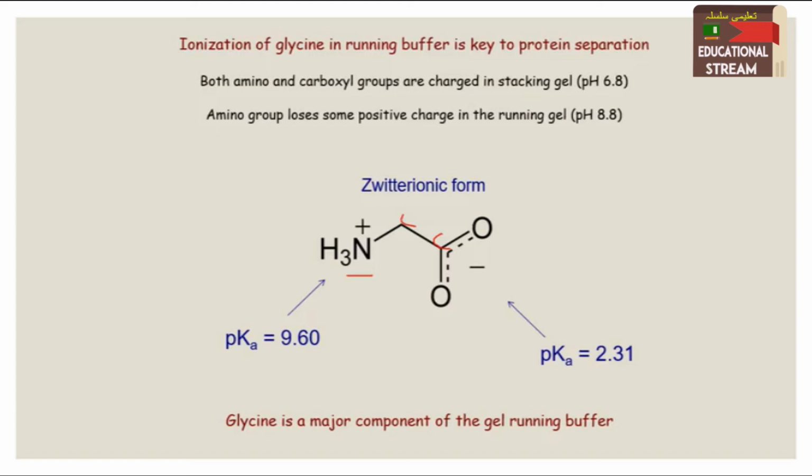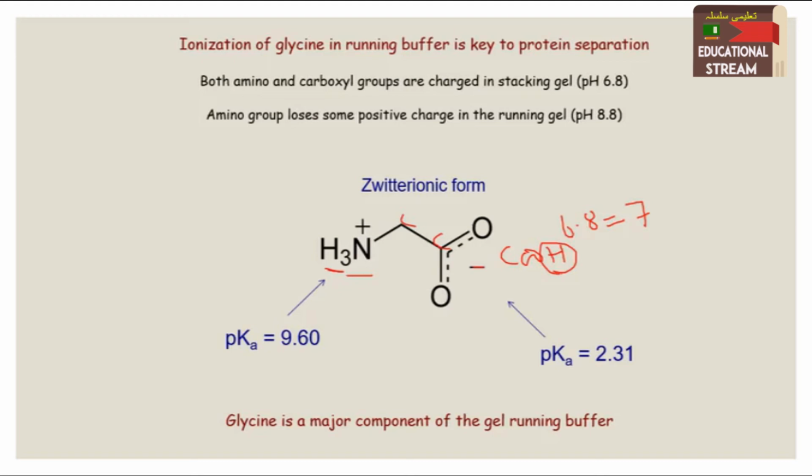When the pH is 6.8, it is approximately equal to neutral pH, which is 7, and at that position they contain the charge. It has the positive charge due to an additional proton, and it has a negative charge because the proton is lost. The carboxyl group is COOH. Now this H is lost and it has gained an H, so it becomes charged. So both the amino group and carboxyl group are charged. It has the positive charge due to the presence of one extra hydrogen, and it has a negative charge due to the loss of the hydrogen.